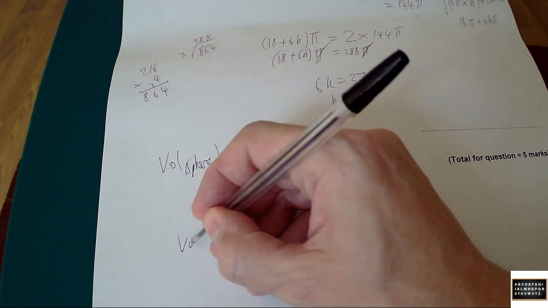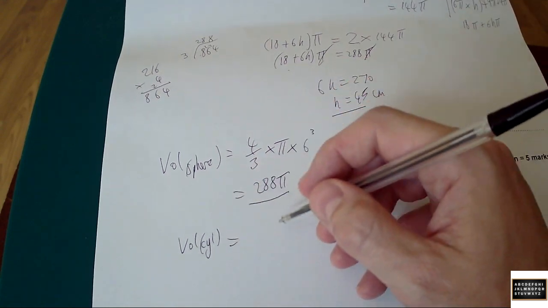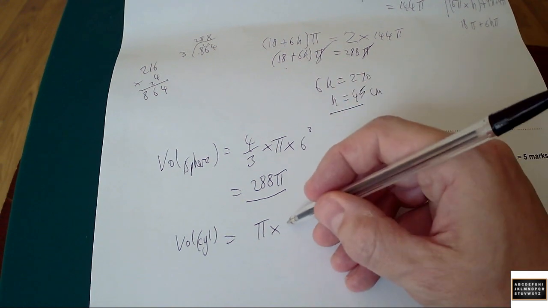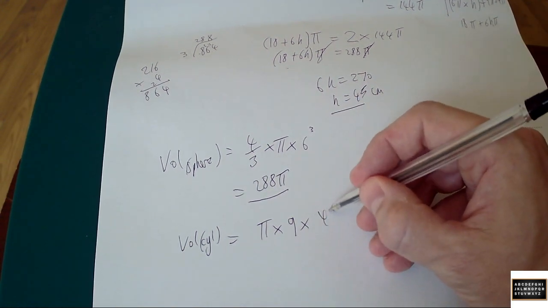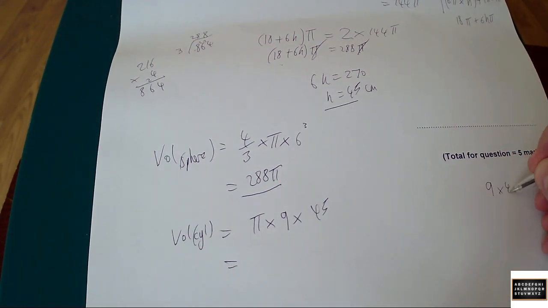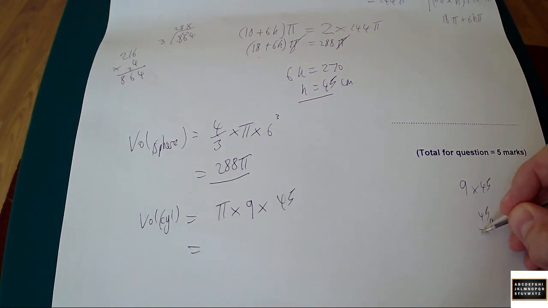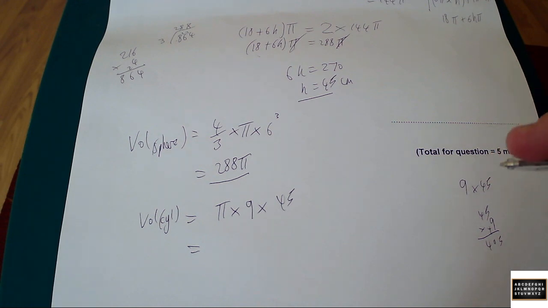Volume of the cylinder will be area of the base times the height, so it's pi r squared h. We were told in the question that the radius was 3, so pi times 9 times the h that we got earlier, so that's 45. And again, 9 times 45, we need to work out what that is. So I'll just do that real quick here. 9 5s are 45. 9 4s are 36, plus that 4 is 40. So 405, I believe,